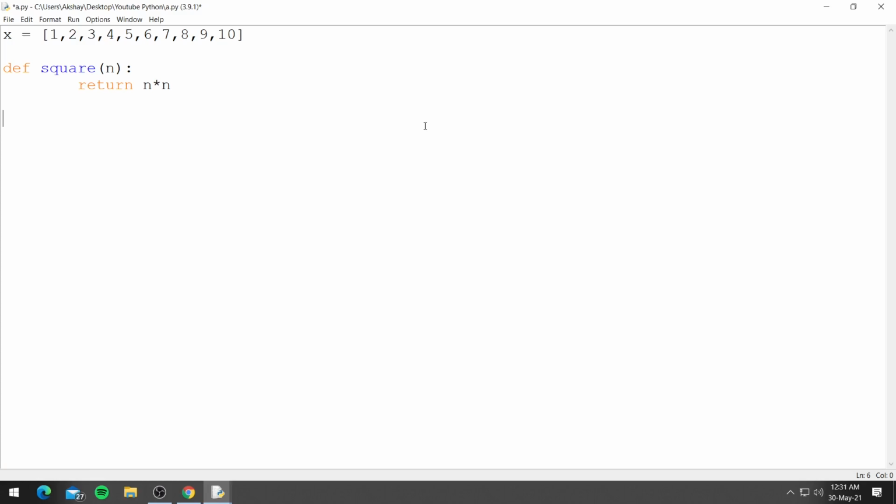Now let's say we want to square every number in the list with the function square, and to do that we can use a regular for loop or we can use list comprehension. Let's first look at the regular method and the list comprehension, and then we'll look at the map function. For the regular for loop, we first need an empty list. So let's say new equals an empty list, and then we can use a regular for loop,